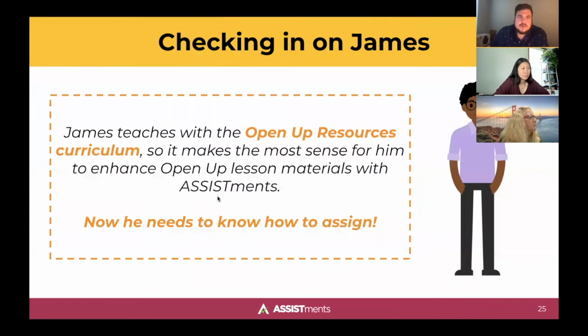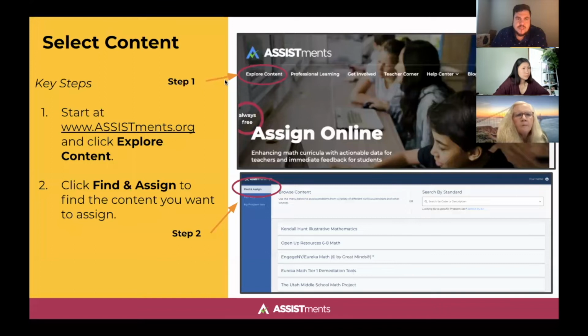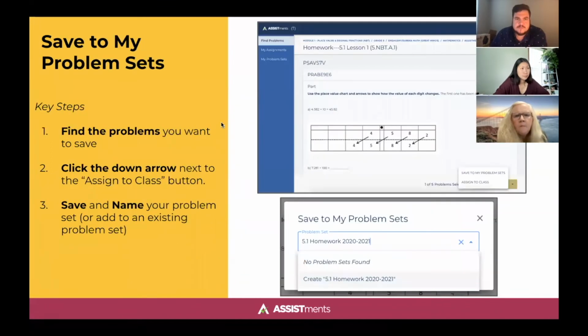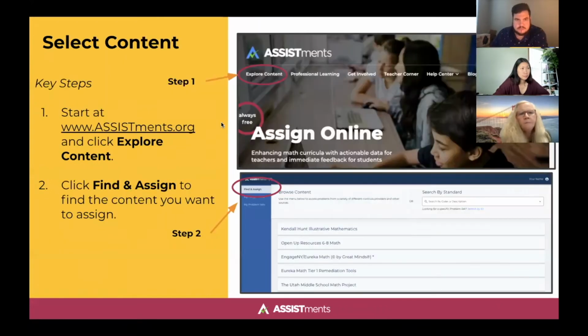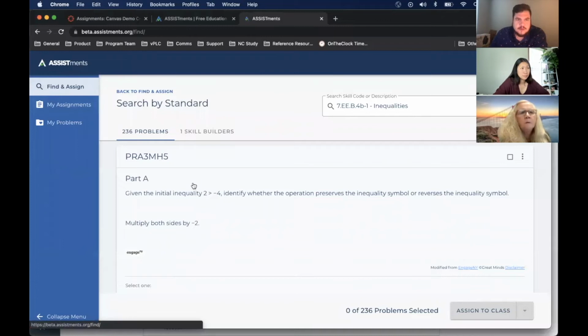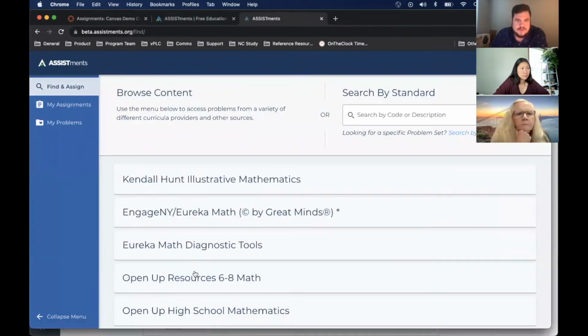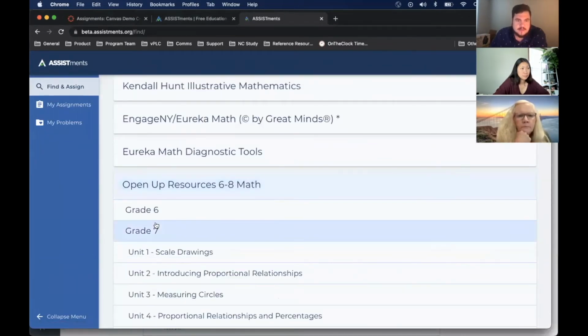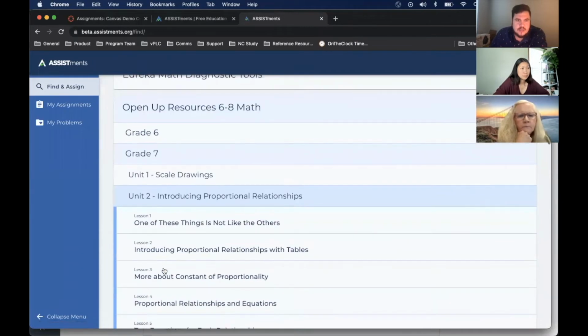Now we're going to just check in on James. So he teaches Open Up, and it makes the most sense for him to assign from Open Up. So he wants to know how to assign. And so the first step to that is going to be to select content. And so I'm going to go to Open Up Resources, and just for the purpose of the demo here, I'm going to go into Unit 2, Lesson 2,